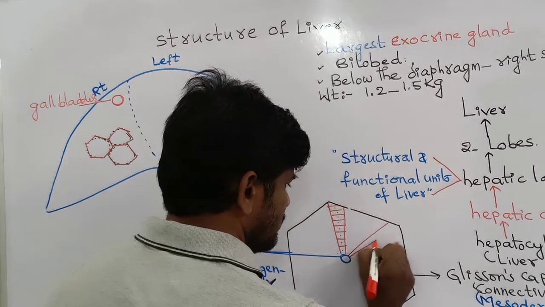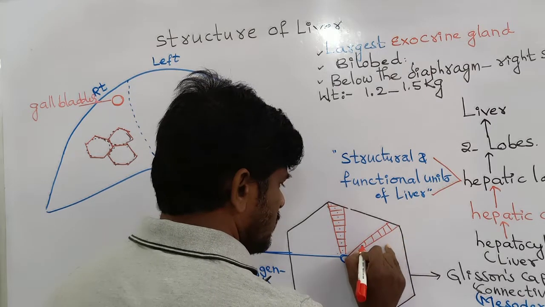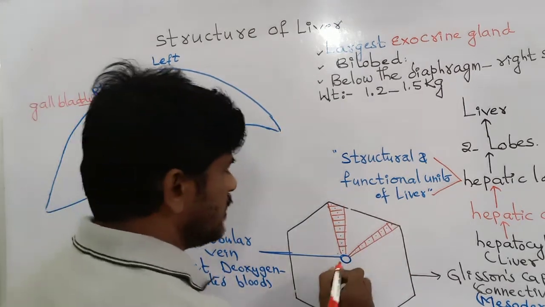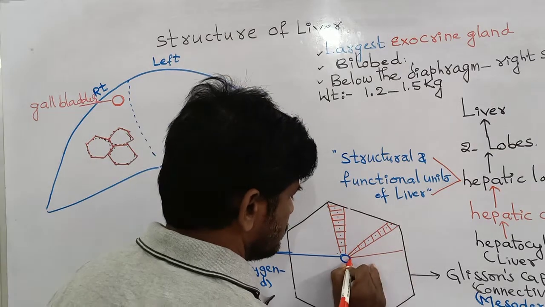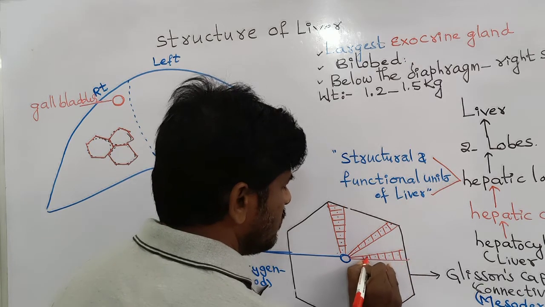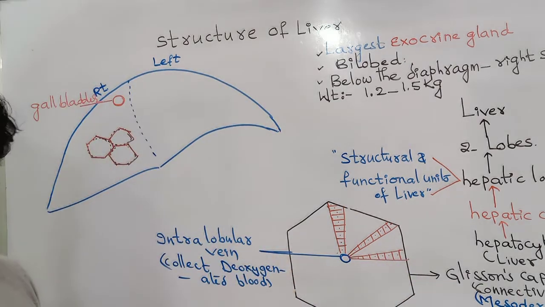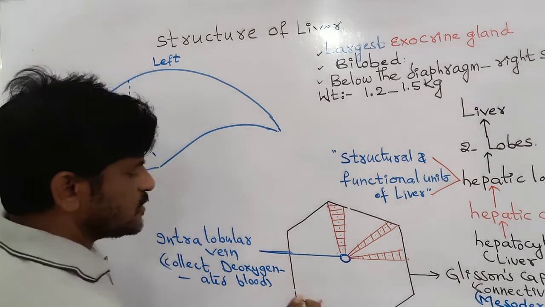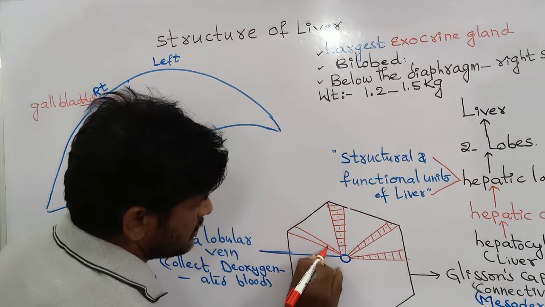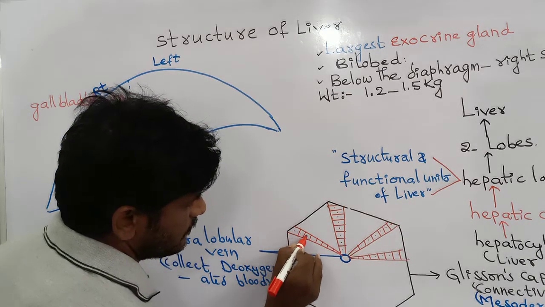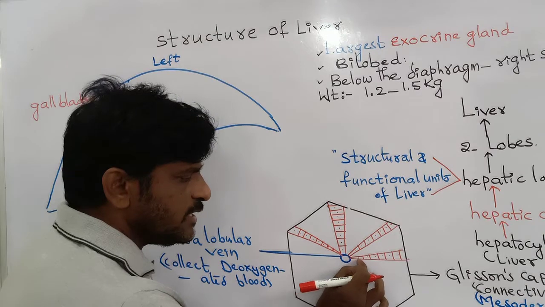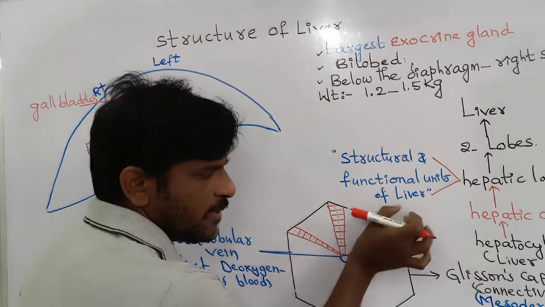This is another hepatic cord. A hepatic cord contains hepatocytes, and one more. This is the hepatic cord. And so many hepatic cords are present in the hepatic lobule. I show you another hepatic cord with hepatocytes. Each hepatic cord contains hepatocytes. Therefore, hepatocytes form the hepatic cord.